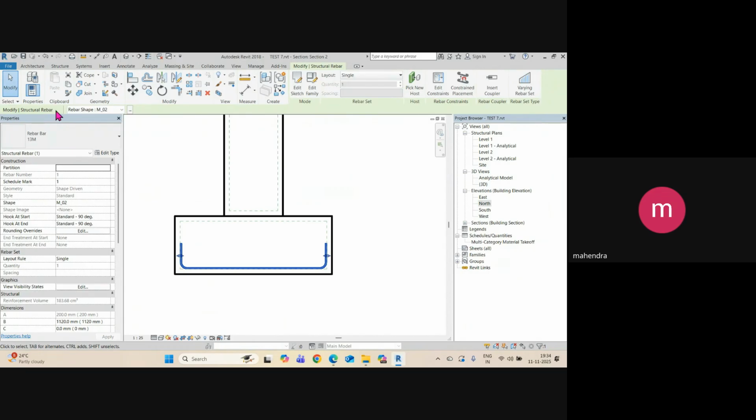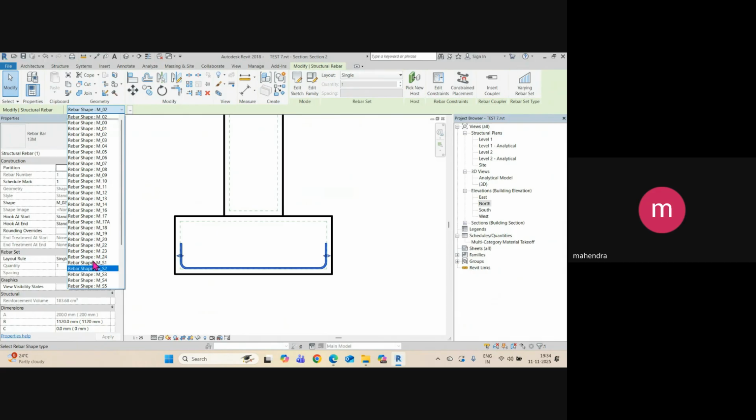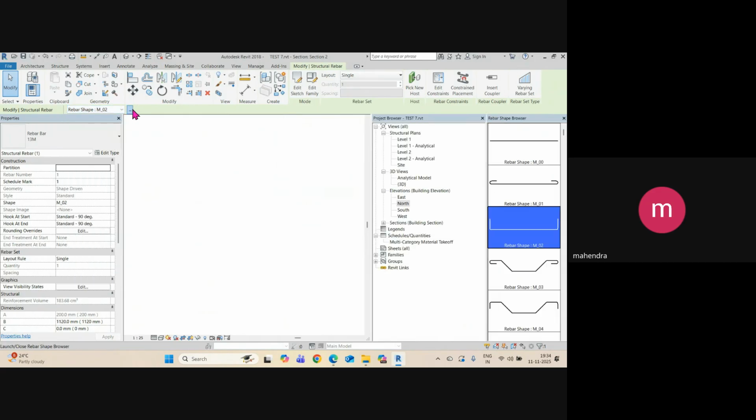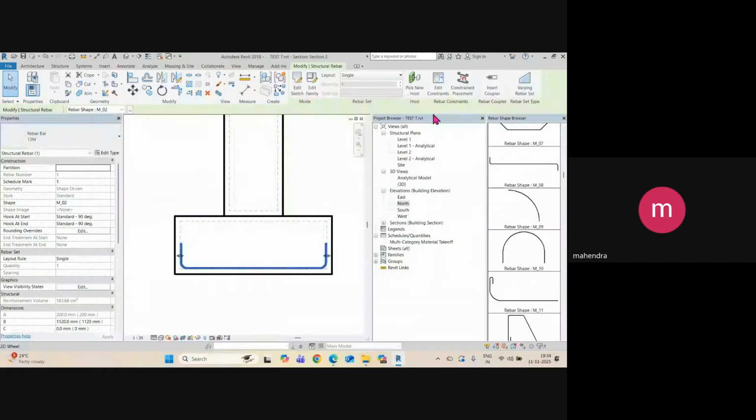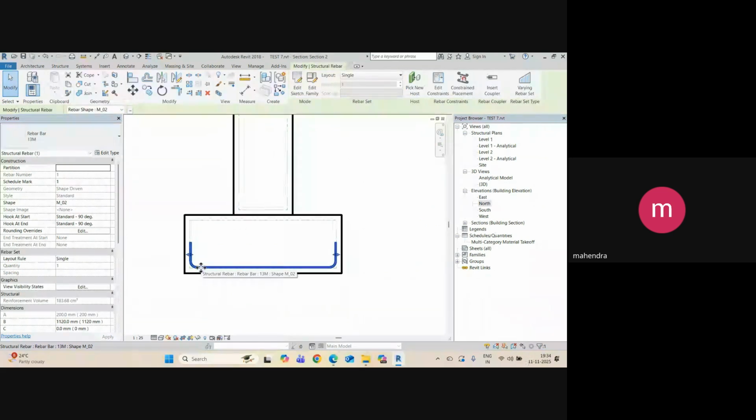Okay, so these are all different types of shape codes you can see from here also. Then I want to see these three. Okay, I think the cover is not loaded properly. Okay, so if I select this, again here